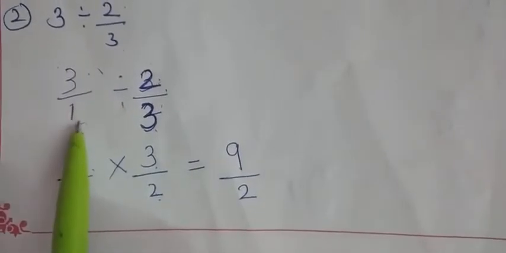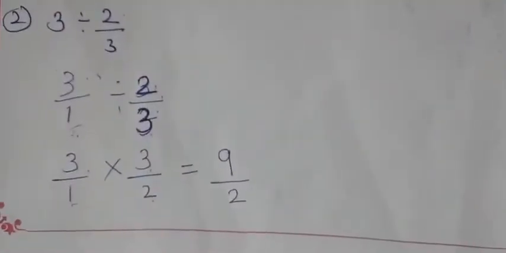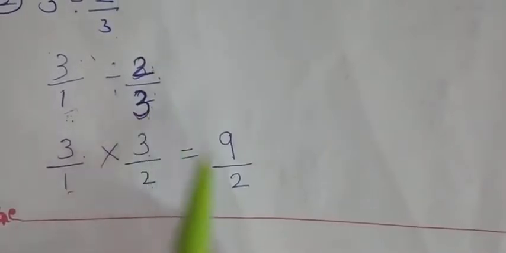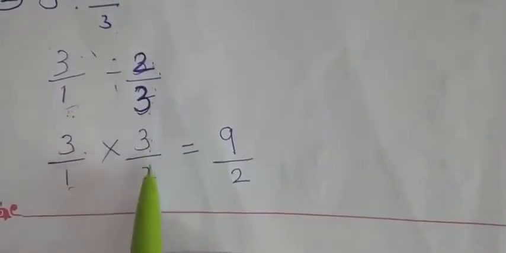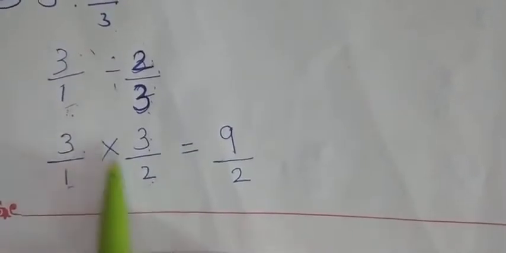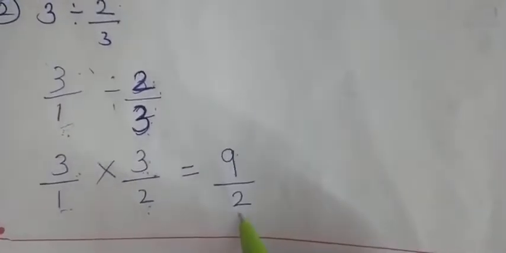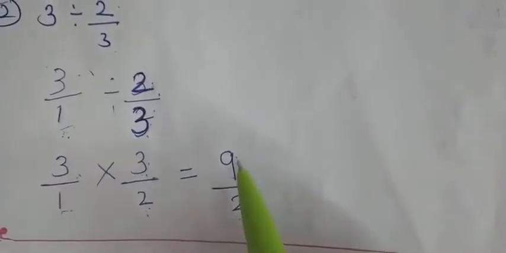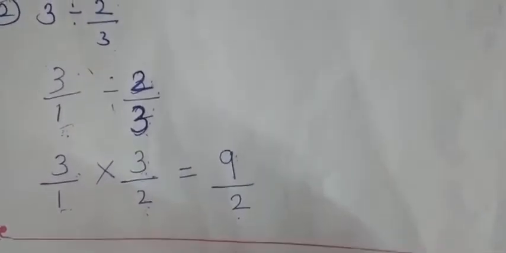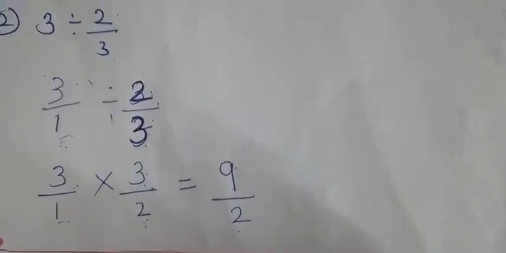Actually, this is the way of division in fraction. But when it says divide and write the answer in the lowest term, we have to turn this multiplicative inverse into 3 by 2. Got it? And then we have to multiply. 3 3s are 9, 2 1s are 2. So we cannot reduce to the lowest term by using the common table, because 9 and 2 will not go together in any common factors. Got it?